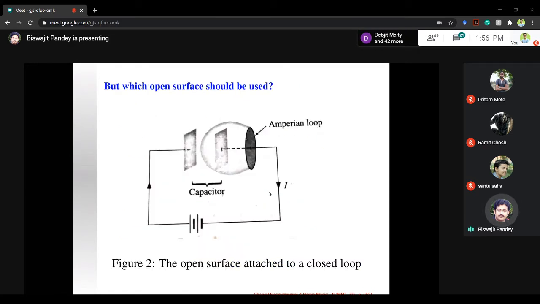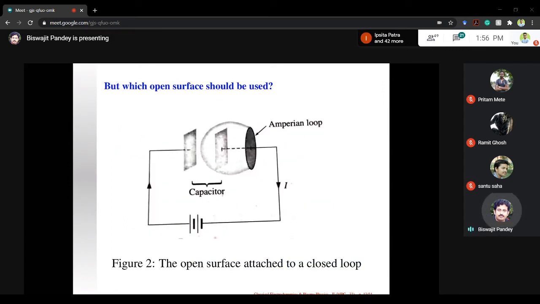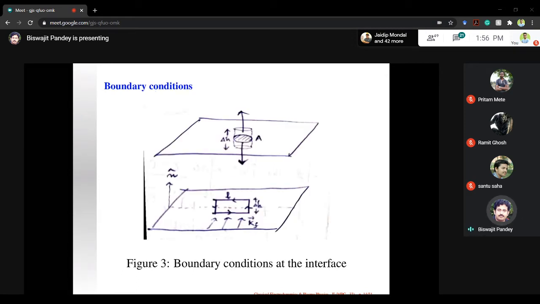So this ambiguity or inadequacy of Ampere's law can be removed by including this term which was introduced by Maxwell. This is important because unless you understand this very clearly, it is difficult to appreciate the importance of the term. So this is the term which Maxwell introduced, and after you understand this,